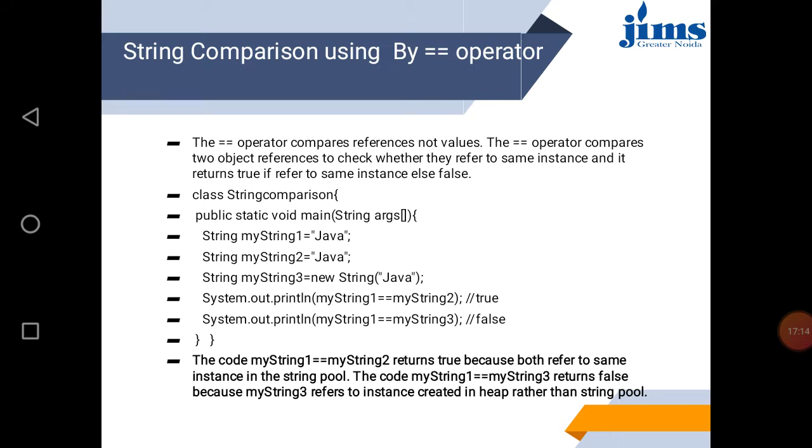Because my string 3 has been created using the new keyword, and when you create any object using new, it is created in the heap. So the comparison is taking place between the string pool and the heap. The boundaries are different. That is why you are getting false. If both objects are present in the same pool, you will get true, and if they are not present in the string pool, then the result will be false.